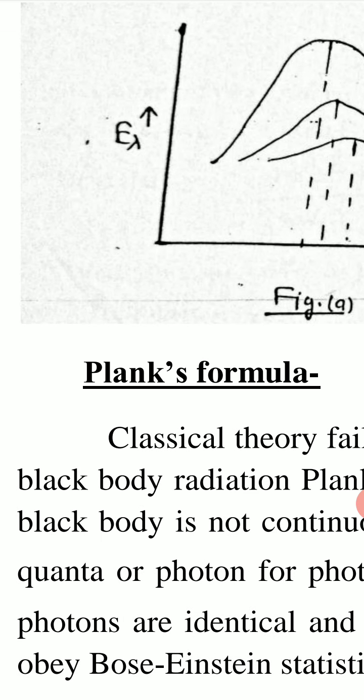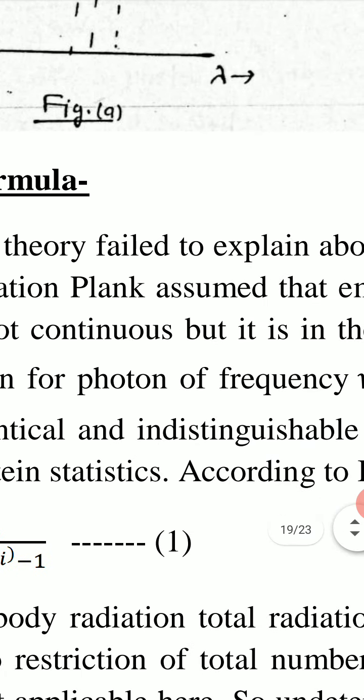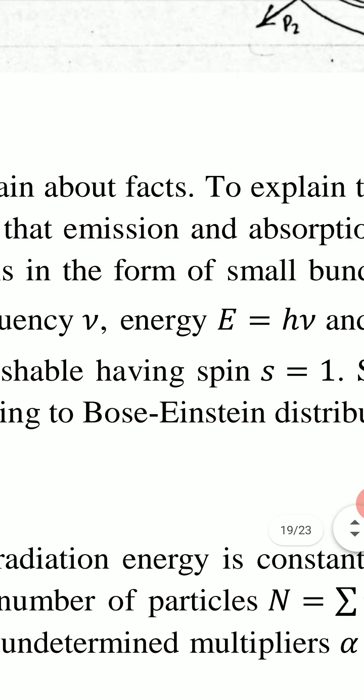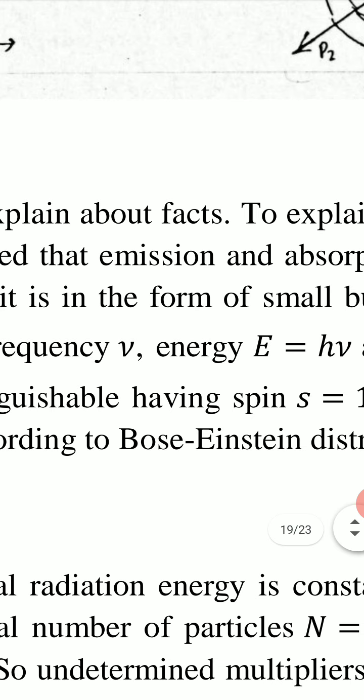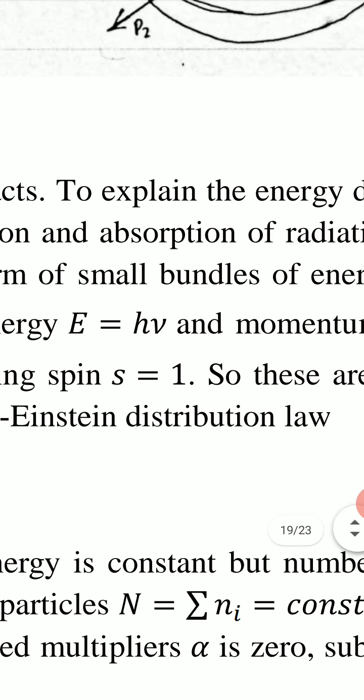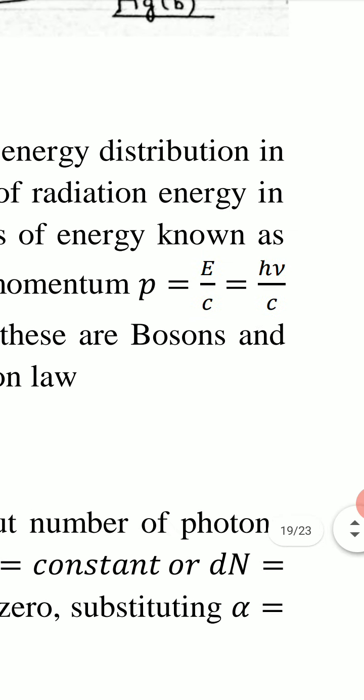Now we see Planck's formula. Classical theory failed to explain these facts. Classical theory fails to explain this type of energy distribution in blackbody radiation. To explain the energy distribution